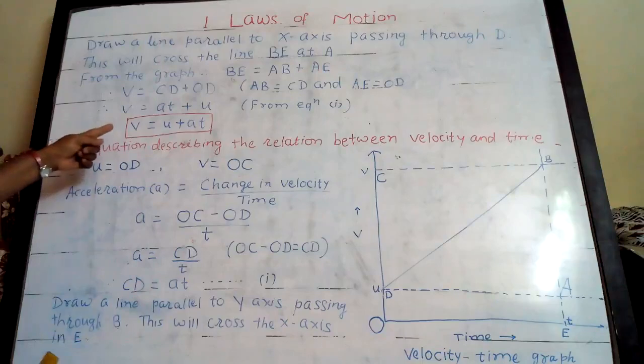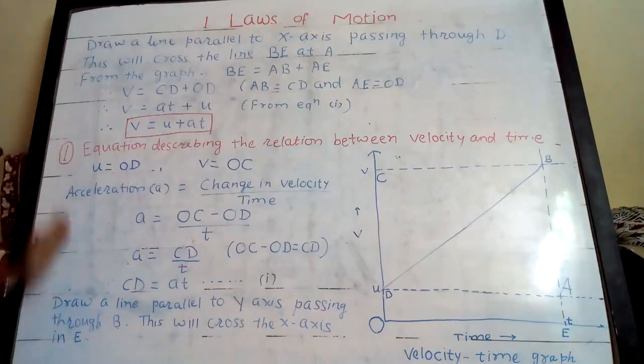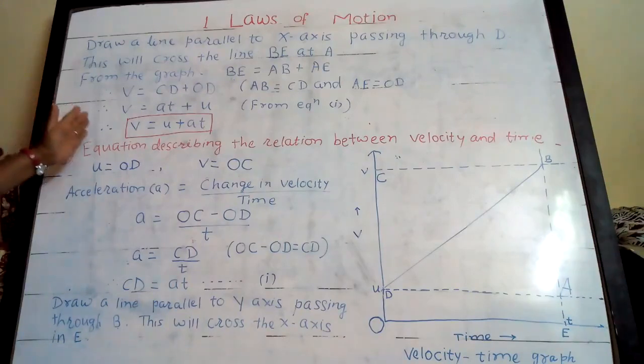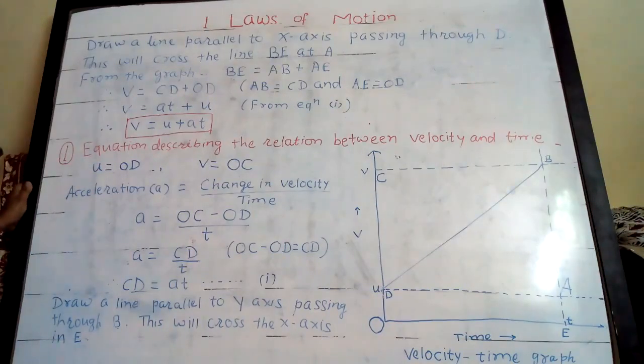So in that way we have to derive the equation. This is the first equation of motion. Now these equations definitely can be asked for 5 marks for derivation. Out of the three equations we have to study, one equation will always be asked in the examination for 5 marks. So prepare well for these equations. Draw the graph, explain all these things, and your 5 marks will be definite. So in that way we have studied the first equation of motion, and the second and third equations of motion we'll study tomorrow.